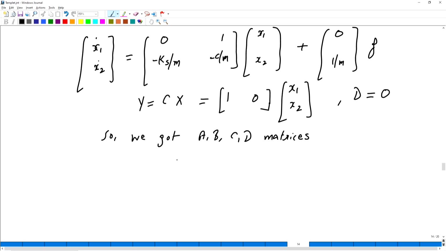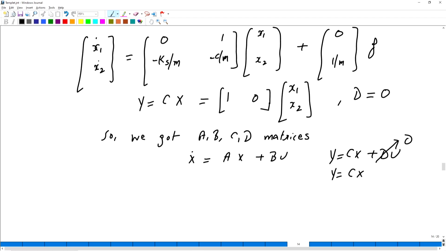We know that the system state space form is represented as x dot equals A into x plus B into u, y equals C into x plus D into u. So here we have y equals Cx, and D is 0.